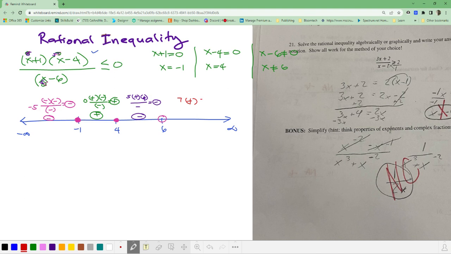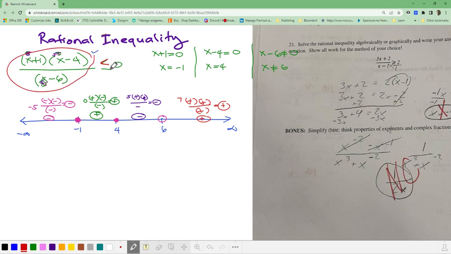7 minus 4 is also a positive number. 7 minus 1 is also a positive number. So positive times positive divided by positive is going to be a positive number. Okay, so now that you have done all of those, how do we know which one is the answer? Well, this is the one that will tell you, because it says this solution here should